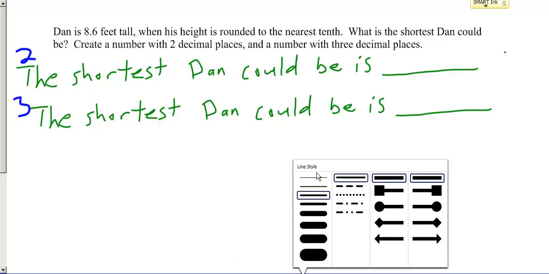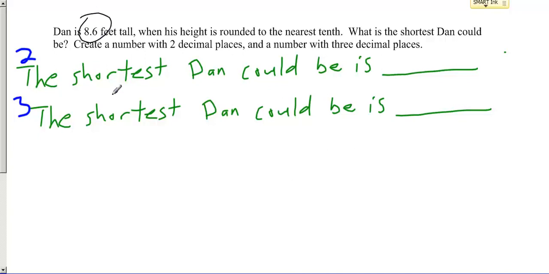So I know that my number that I'm starting with right now is 8 6/10. So I'm going to write down 8 6/10. Now they want to know what is the shortest, that's the smallest. So 8. Now the smallest number that could be rounded to 8.6 is not 8.60. It can be smaller than that. It can be 8